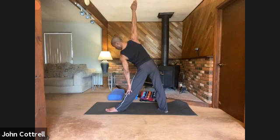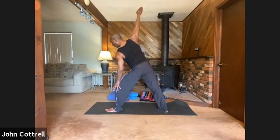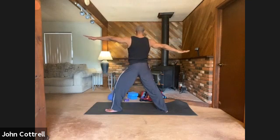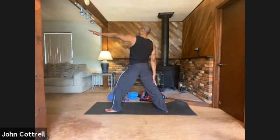Couple more breaths. When we're ready to move, we'll start with that good knee bend, that left knee bend for a lunge. We have leverage to come back up to warrior two. Let's reverse the warrior. The right hand comes down behind us, while the left arm just reaches up into the